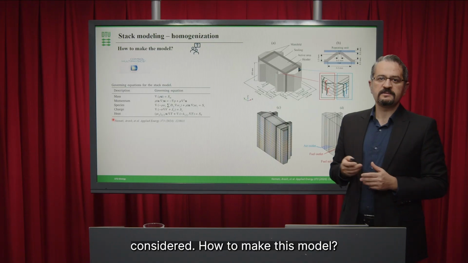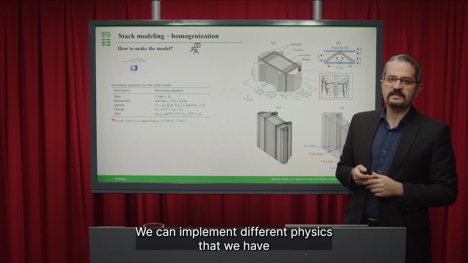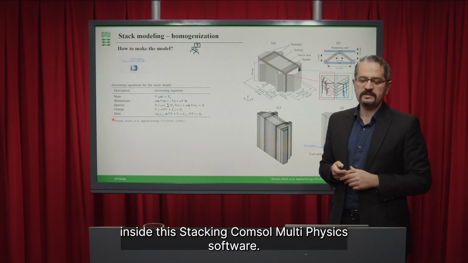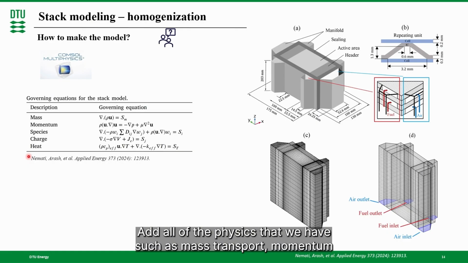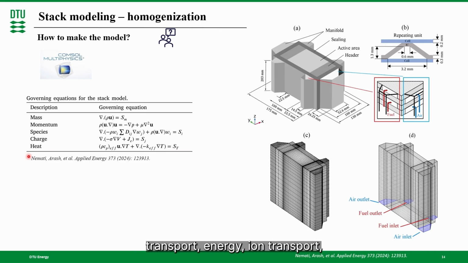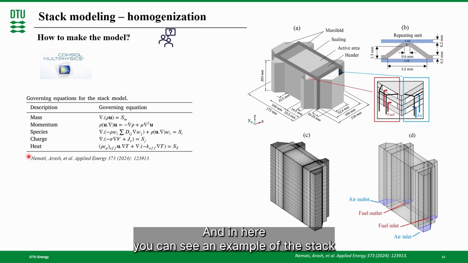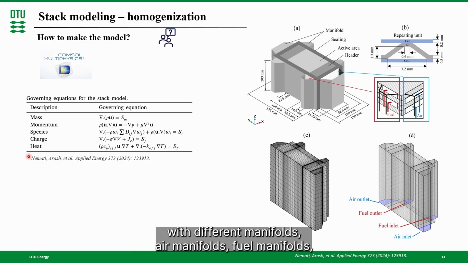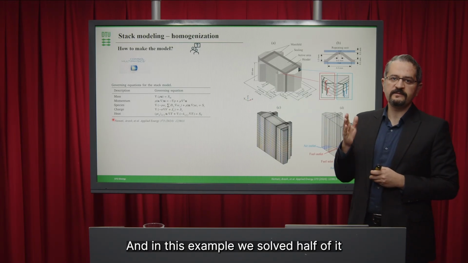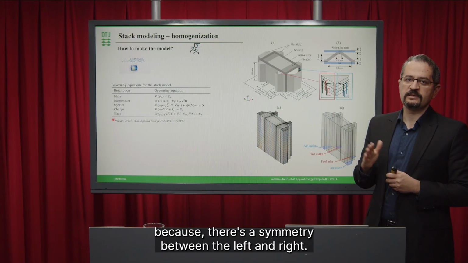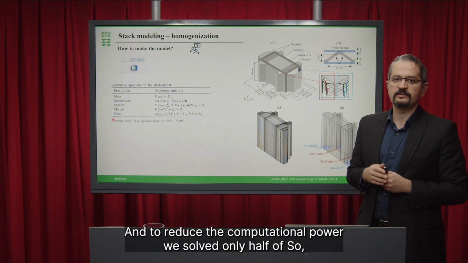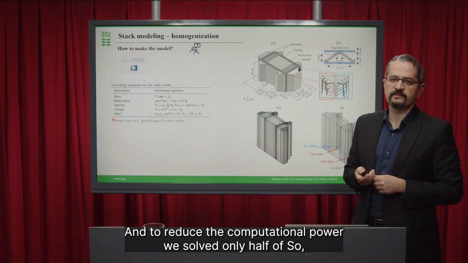How do we make this model? We can implement the different physics that we have inside the stack in COMSOL Multiphysics software. We add all of the physics that we have, such as mass transport, momentum transport, energy, ion transport, charge, and heat transport. Here you can see an example of the stack with different manifolds, air manifolds, fuel manifolds, and other things that we have inside the stack. In this example we solved half of it,